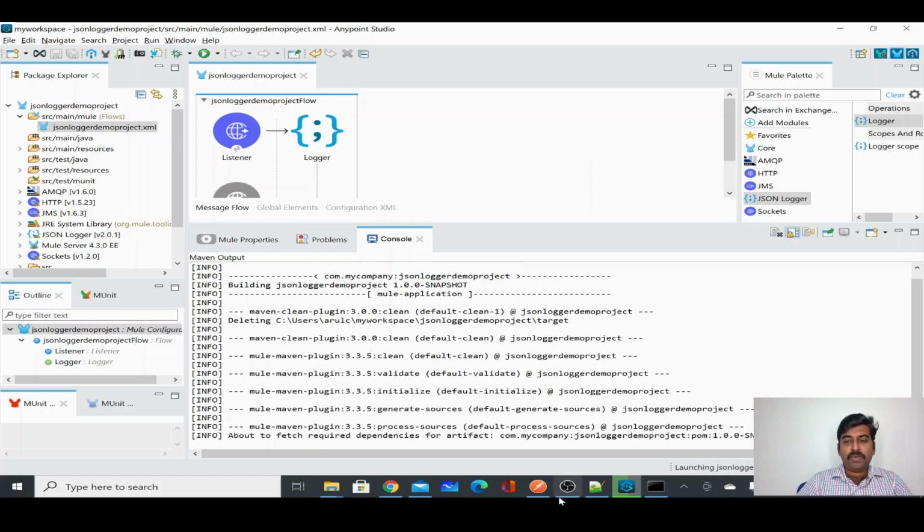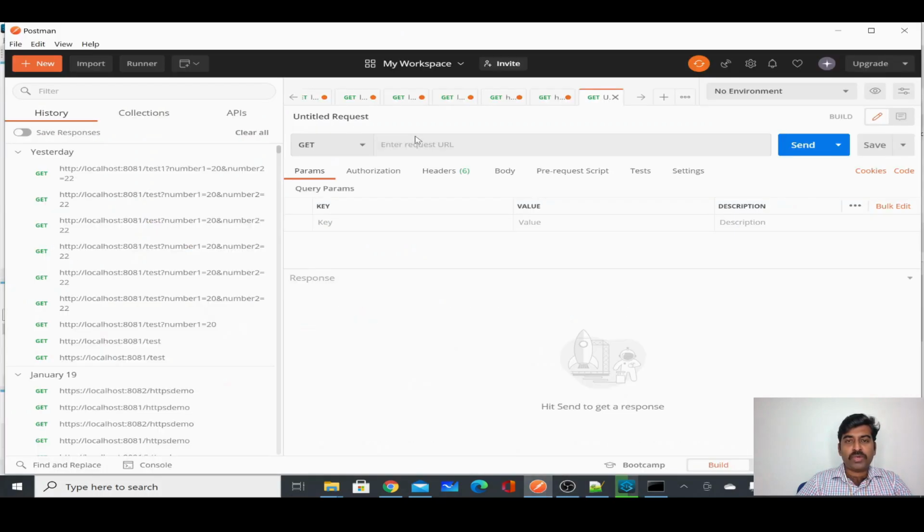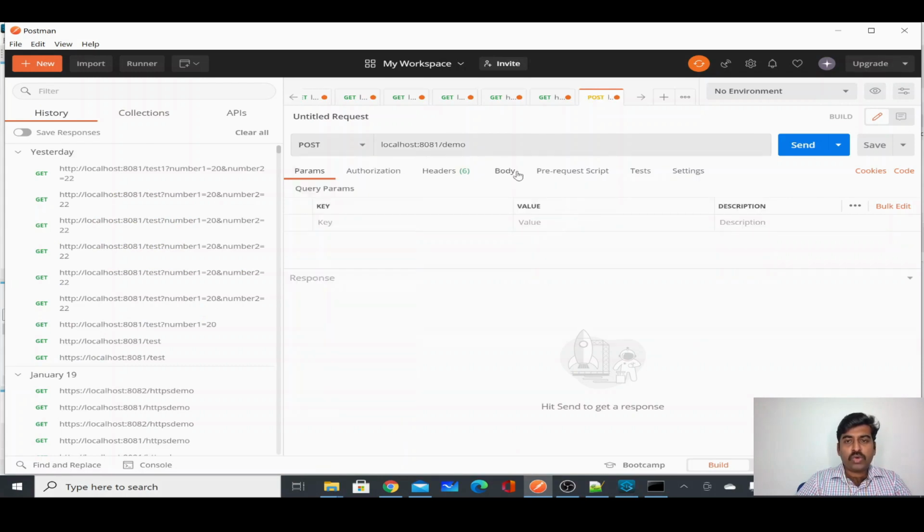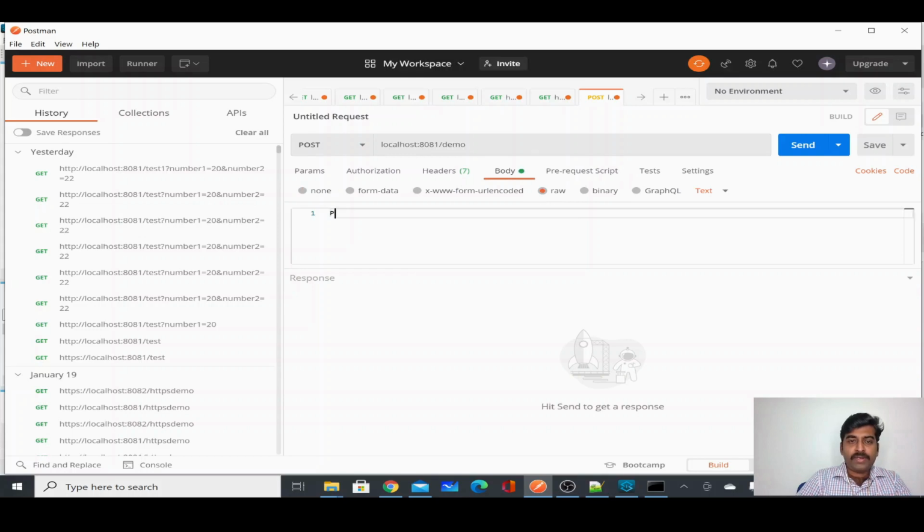Once I see the deployed message, I'm going to run this from my Postman. I'll prepare this: localhost 8081 and demo, and I'll use POST because I just want to post some data. I'll select raw and configure some test JSON.